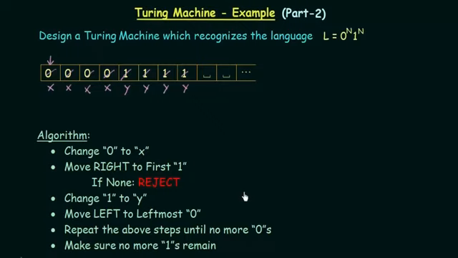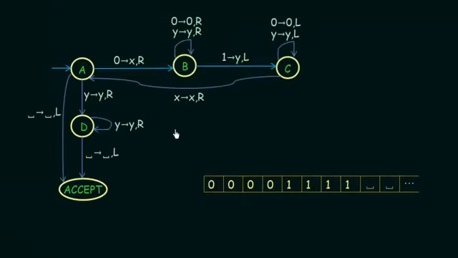Now let us see how we can design the Turing machine for this using the transition diagram of the Turing machine. So here I have the Turing machine, which is going to perform exactly the same task that was written in our algorithm that we just saw before. Here we have the starting state, which is A, and then we have states B, C, and D,